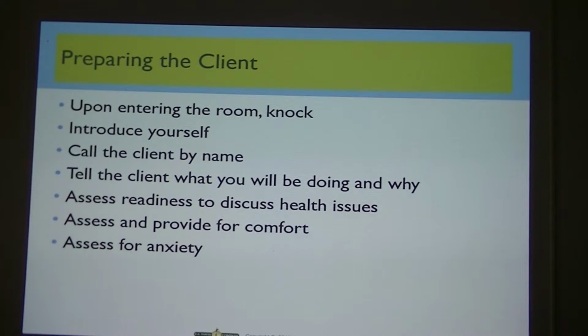Are they ready for an interview? If they're in pain, or if they're anxious, or if they're not wanting to discuss health issues, then your interview at that time is going to be no good, and you're not going to get the data that you need. So you just need to back off, treat the anxiety, treat the discomfort, treat whatever is causing that, or it may just be waiting for family members to leave,